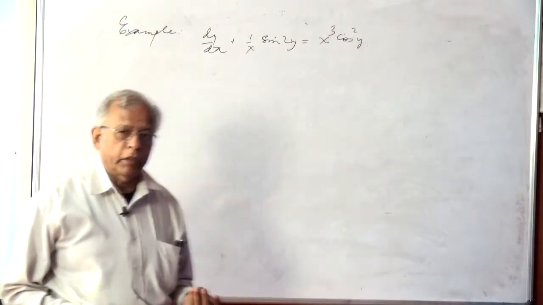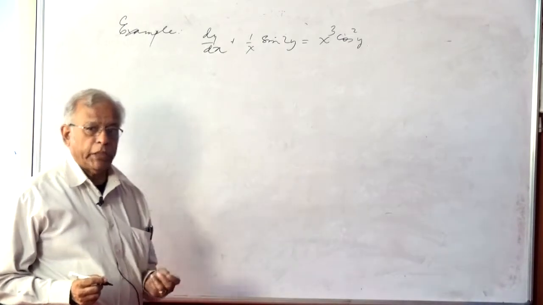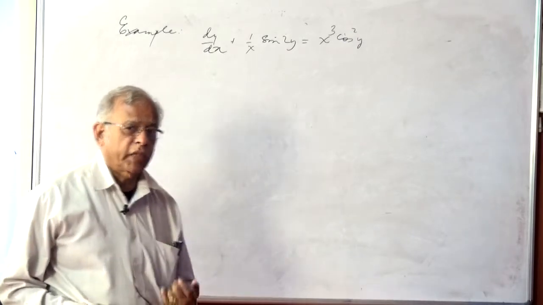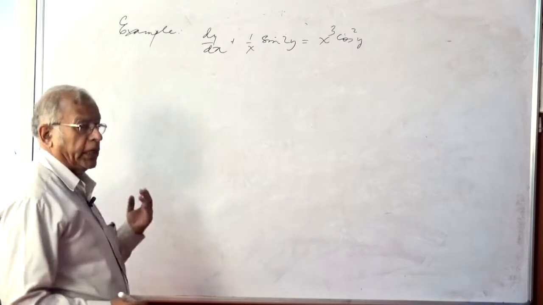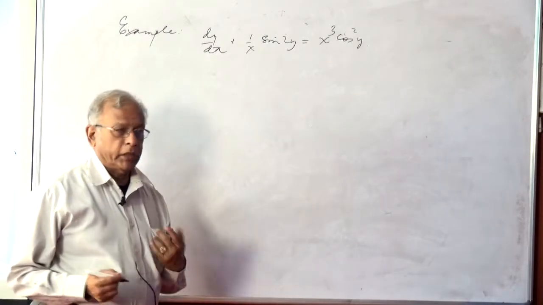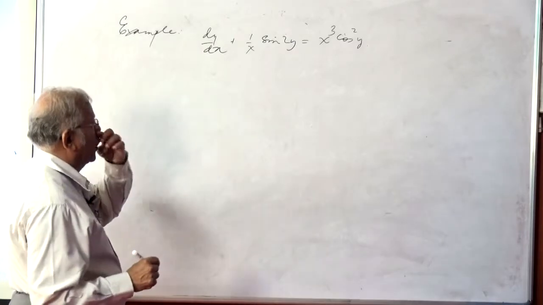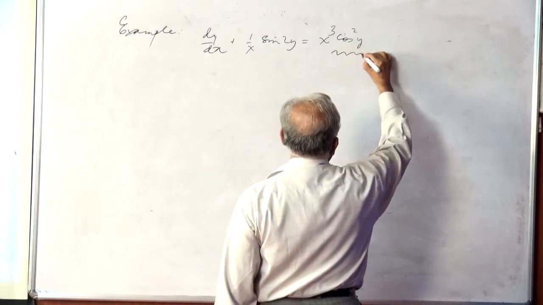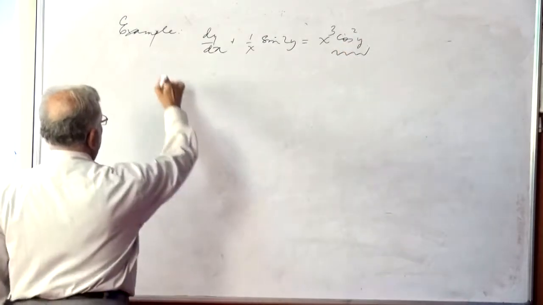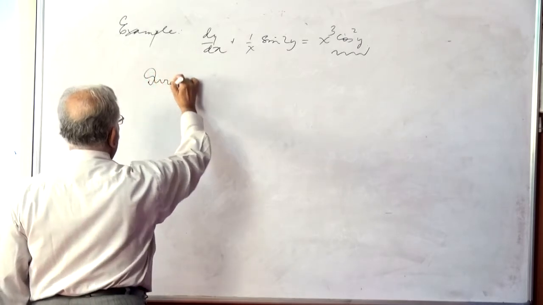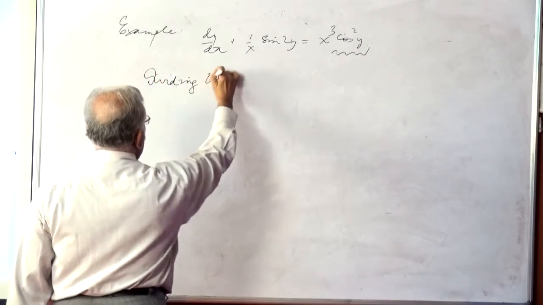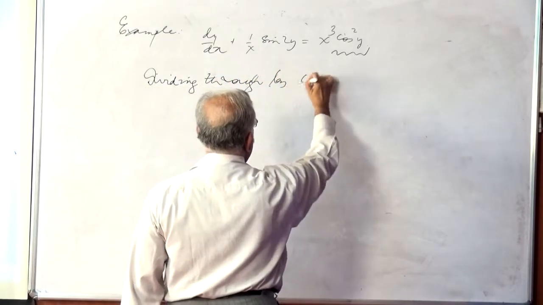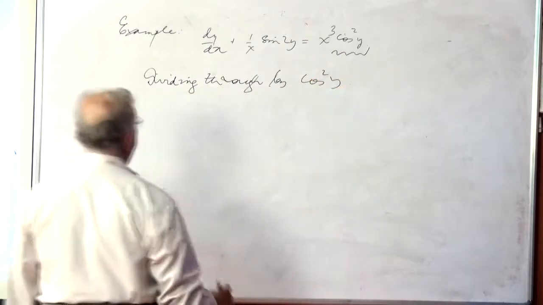We now take an equation which is an example of Bernoulli's equation, but this is not in a very straight, recognizable form of Bernoulli's equation, because actually I would say it is a Bernoulli's equation in disguise. But nevertheless, we'll try to see how to handle this. First of all, we will divide through by cos square y, both sides. So dividing through by cos square y, we will get